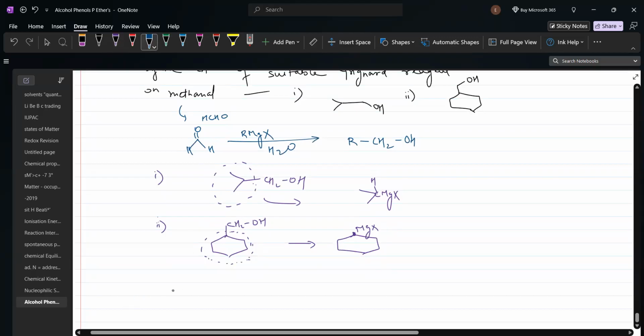So there are other examples as well. Done copying? Yes. So there are some other examples as well, like CHO is reacting with CH3MgBr, where this is the Grignard reagent. So obviously this Grignard reagent will